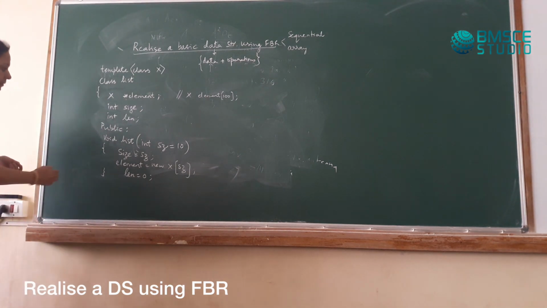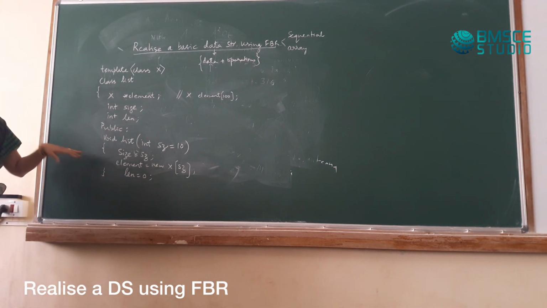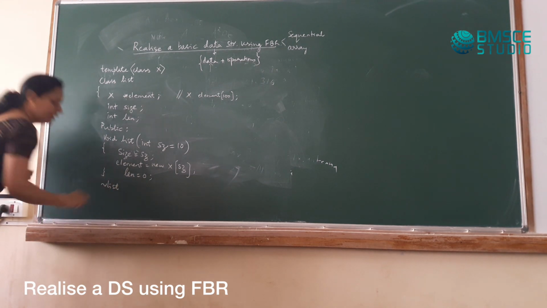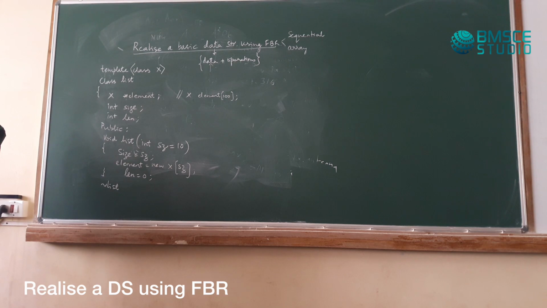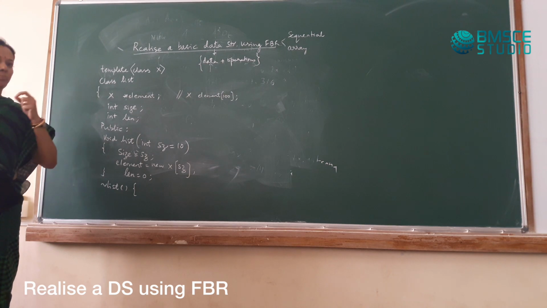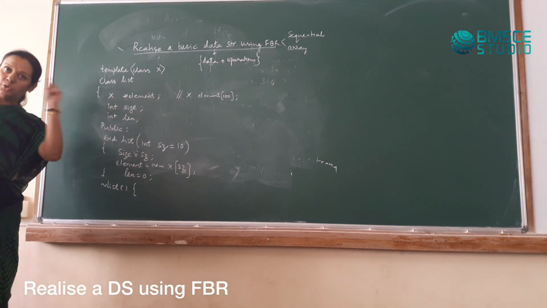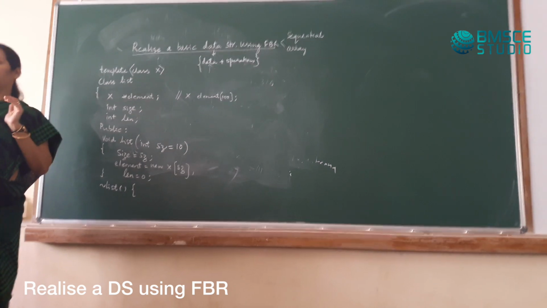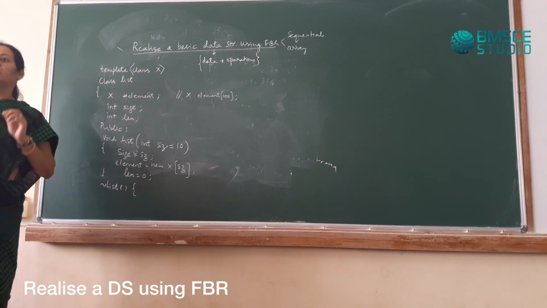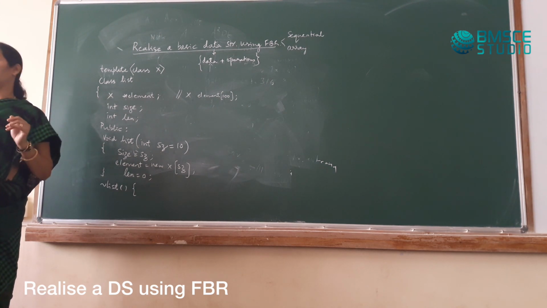Okay, we'll continue. The next member function we write will be a destructor. So the destructor is tilde List. Will the destructor have arguments? When you're trying to destroy something, we really don't care to have arguments, so no arguments. Okay. So tilde List. What do we do in the destructor? The memory that is allocated using new, remember, should be deleted. That's the concept. Otherwise, you won't do anything, also it's fine. But why would you use a destructor? To take away the memory that you set aside using new.